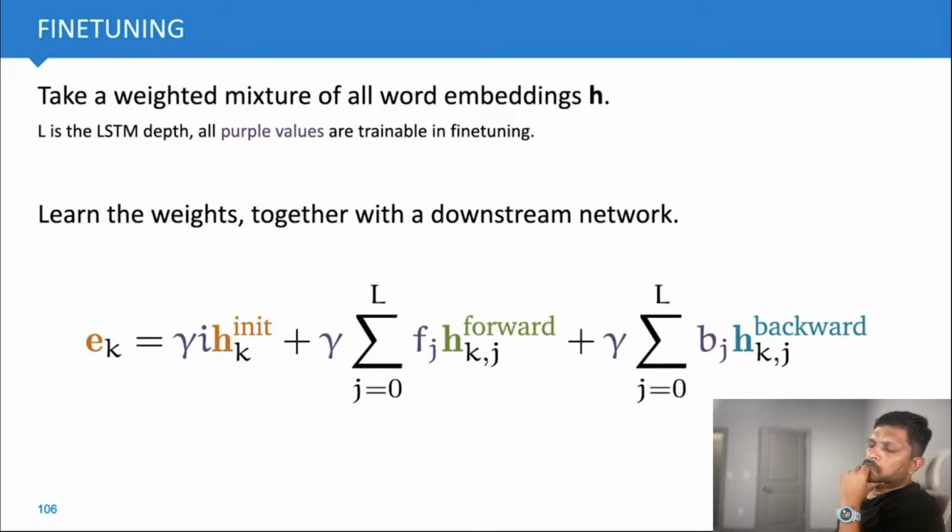For every word K in our sequence, we get a non-contextual word embedding HK init. And then for every layer in this forward LSTM, we get a contextual word embedding. And for every layer in our backward model, we get a contextual word embedding. So the way ELMo now allows you to fine-tune this is by summing up all of these contextual and non-contextual word embeddings in a weighted sum where the weights are parameters specific to the fine-tuning task. So all the purple values in this formula are values that are learned specifically for the task we are fine-tuning